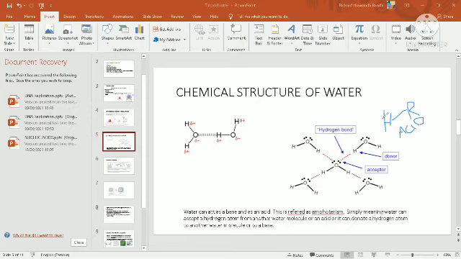So the water molecule could accept a hydrogen atom from the acid. And then apart from this interaction,